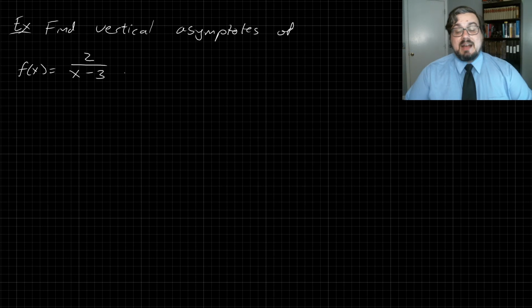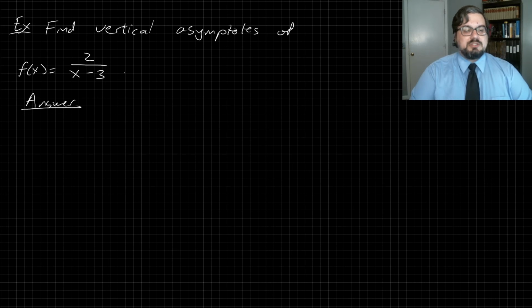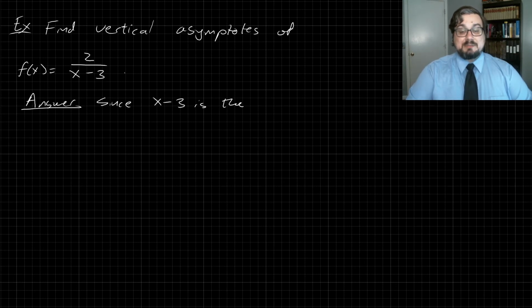In this case, the denominator is entirely factored, so we just have the single factor of x minus 3 in the denominator, and therefore, since x minus 3 is the denominator, the asymptote of f